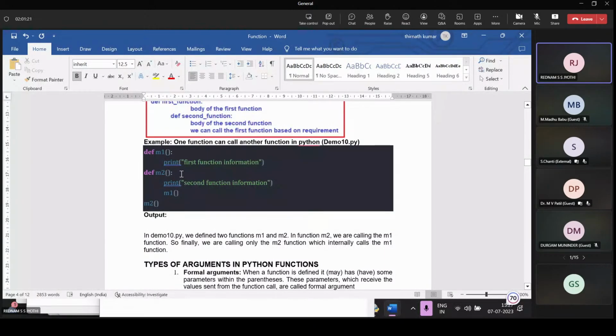The first statement prints second function information, and then there is one more statement, the m1 call. Again it moves to m1 and prints first function information. So the output is second function information, and after that first function information is displayed on the screen.